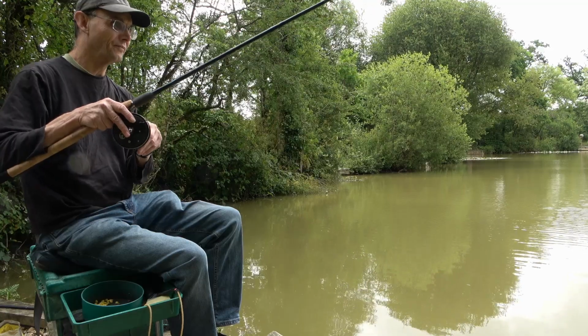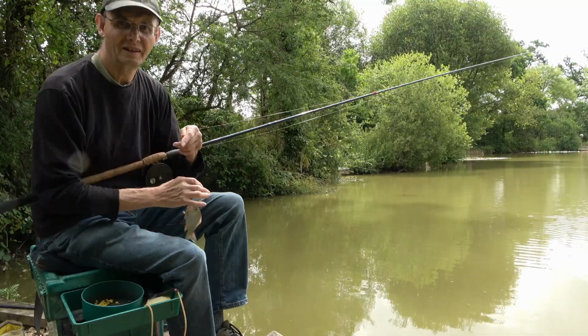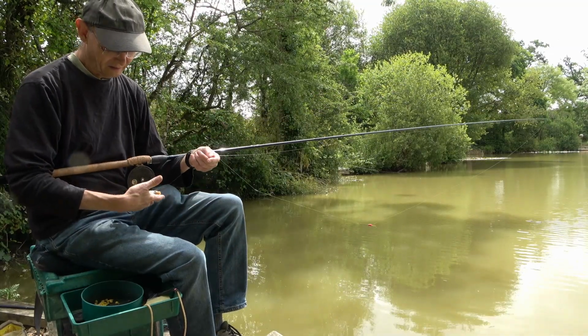One of my favourite summer methods on still waters is very simple, although I love my waggler fishing. I quite like fishing close in with a rod and reel, but the reel is a fairly simple Centrepin, a Rapidex, loaded with about 5 pound line, and then a fairly small pole float taking anything between about half and 1 gram in loading, and then maybe a number 8 or 2 droppers below that, and a fairly short hook length,